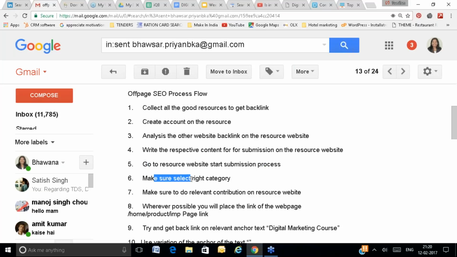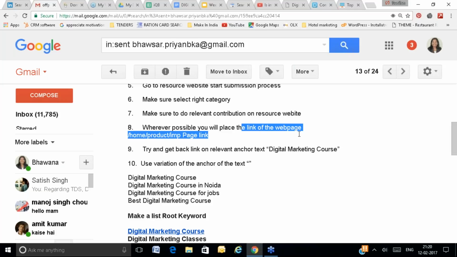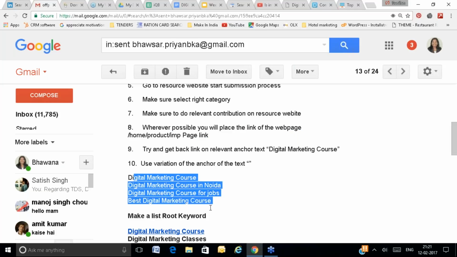You will make sure that you have selected the right category, make sure you are contributing in the relevant way, don't do spamming, don't do any kind of unethical practices. Whenever possible, place the link of the main page, product page, or important pages, and get the backlinks on diversified anchor text.